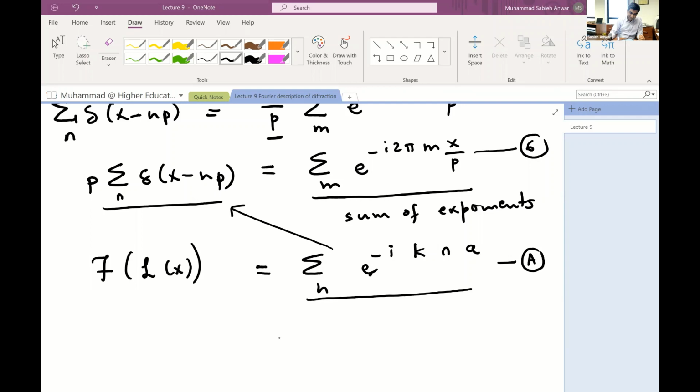And if I were to look at equation number 6 and equation number A together, then my Fourier transform of the lattice will become equal to 2 pi over a